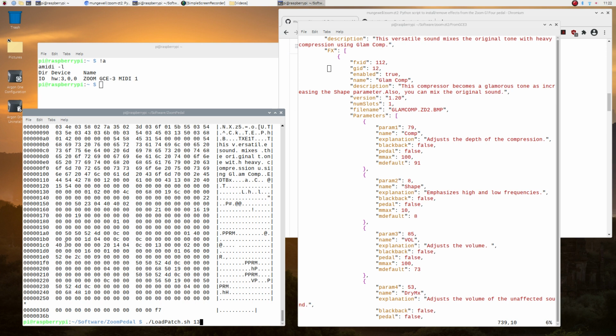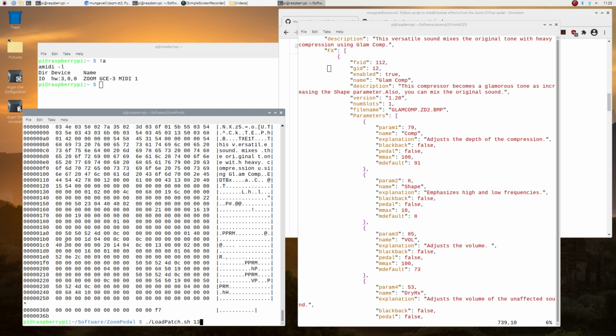So that allows you fairly trivially to take one of these little baby Zoom GCE3s, load in the firmware of your choice, and then use an external MIDI pedal to move the patches up or down, yeah? And you'd need something on your display to let you know where you are, because there's no easy way to get feedback from this without a computer involved. But one of these Behringer FCB1010s, or anything like that, would allow you to do that.